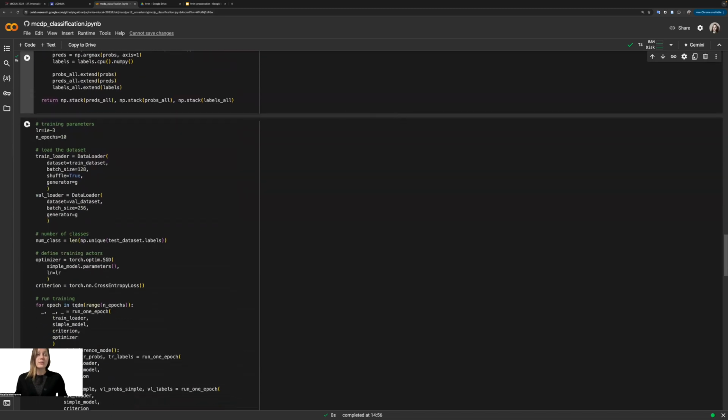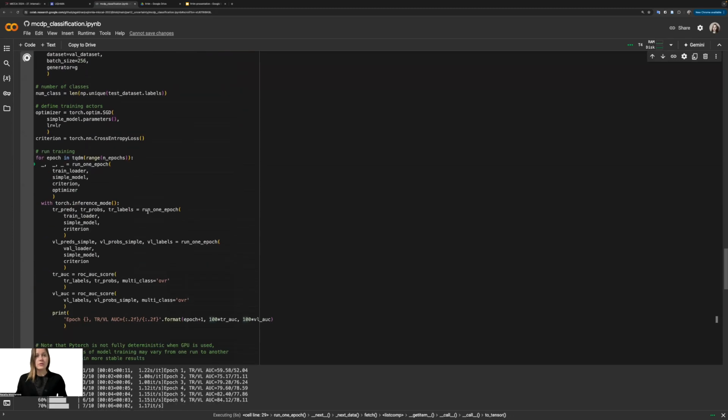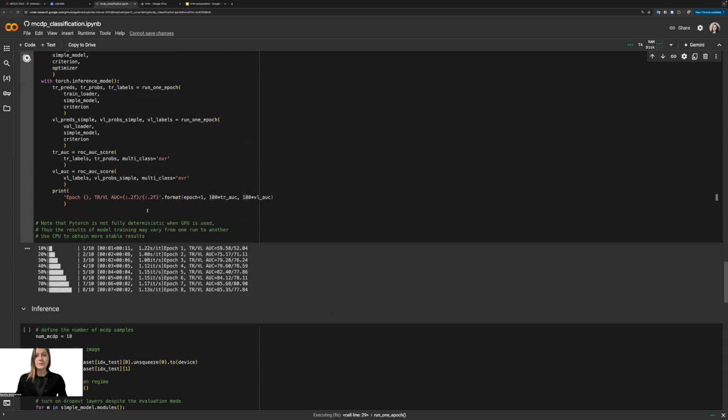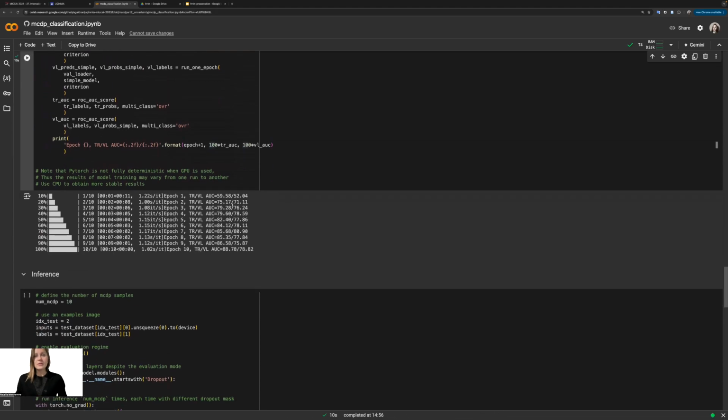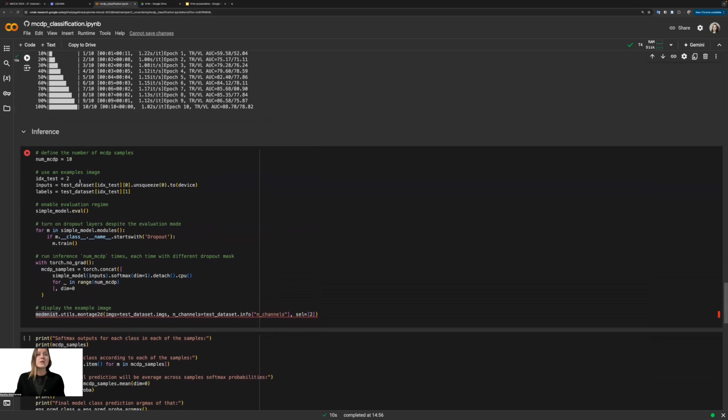And this cell implements the whole training procedure, and we take only 10 epochs here, which for our purposes of introduction to the topic is sufficient, but of course you need to train your architectures longer. We see the improvement in the classification quality. Architecture has already been trained for 10 epochs, so we can proceed to the inference and